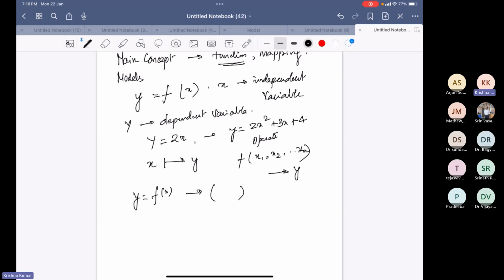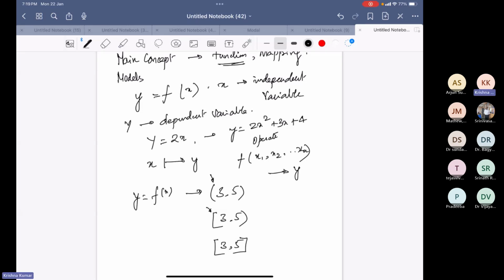like this, either an open bracket like this, or it can be closed bracket like this, or it can be like this, and so on. So, if I write 3 comma 5, each one of them have a meaning, or I can write 3 comma 5, or I can write 3 comma 5. So, this x takes the value between 3 and 5. Now, what is the difference between this open bracket and this kind of closed bracket? Open bracket means that 3 and 5 are not included.